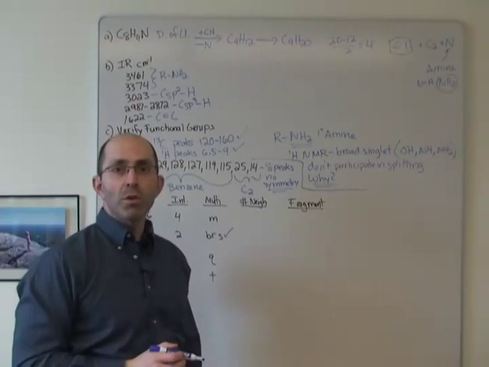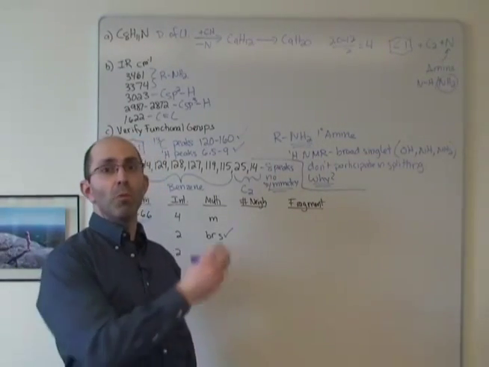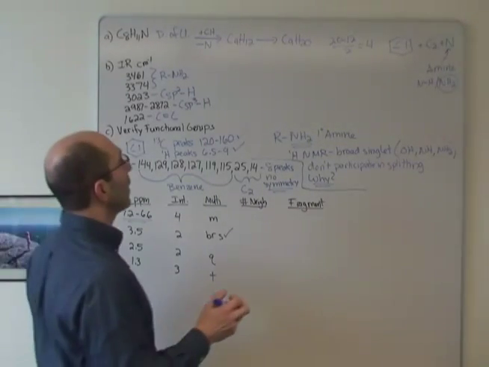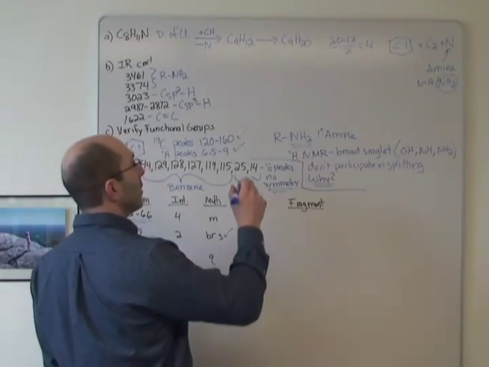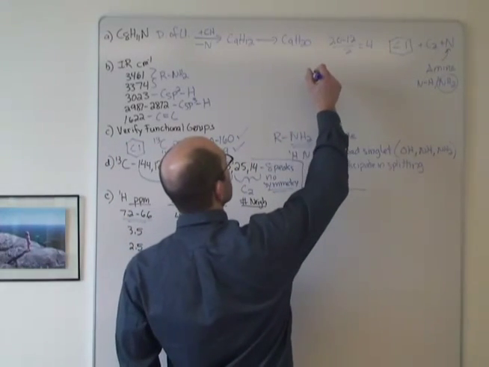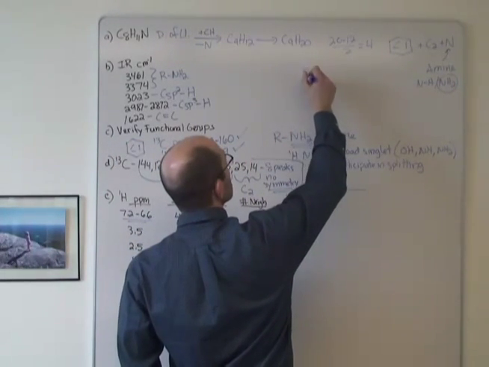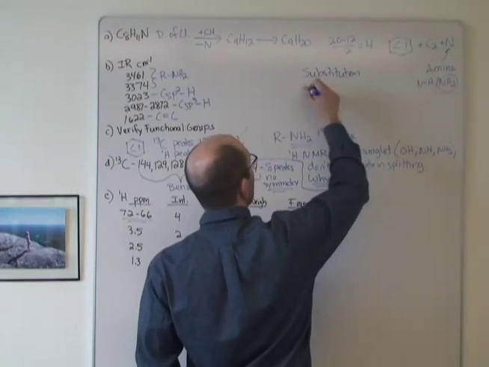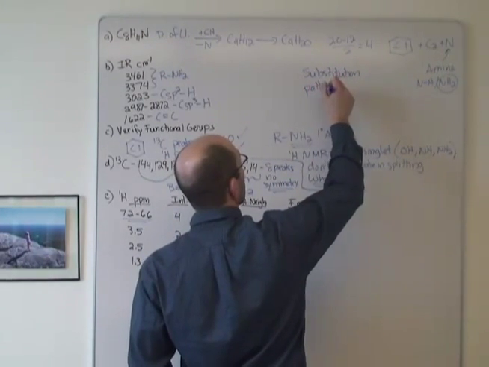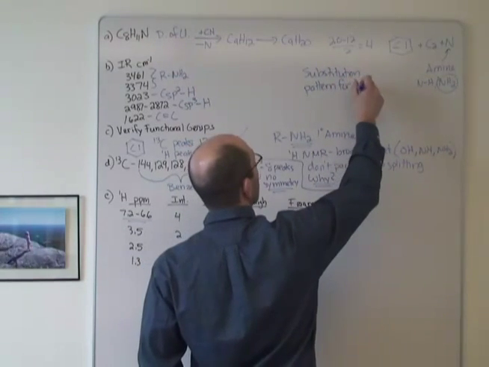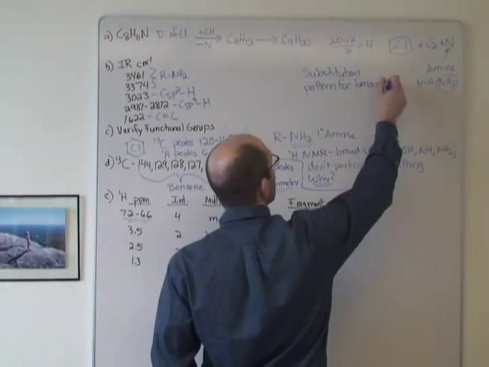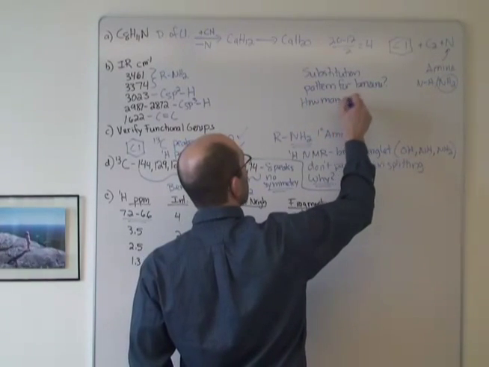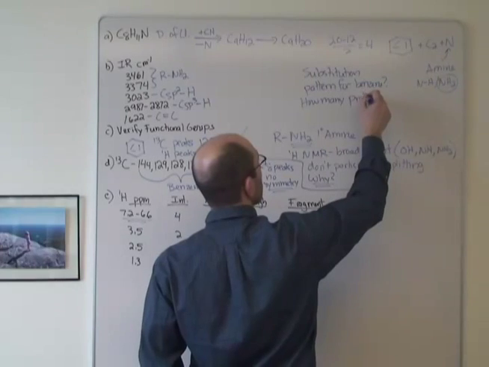Now to figure out what's going on with our structural fragments, we need to look more deeply at the proton NMR. Right? And one other question that I hope we have here, and let's see if we can answer this quickly, is what is the substitution pattern for benzene? Right? Another way to ask this is how many protons